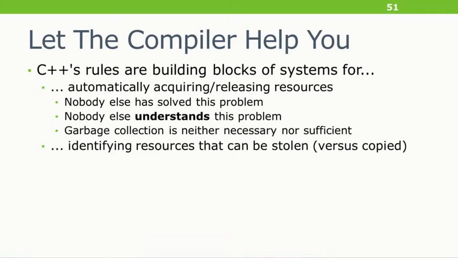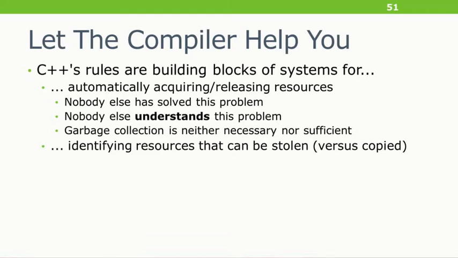Also, all these crazy, I know this seems sort of crazy, rules for lvalues and rvalues and the whole xvalue, prvalue thing. That's a system for identifying resources in your program that can be stolen instead of copied. In some ways, what I view this as is solving the alias problem. If you've ever looked at compiler optimizations, they are incredibly burdened by the fact that when you have pointers in a program, it's very hard to tell which ones point to things that nobody else can see, so they can go mess with that in a way that the rest of the program won't be affected.